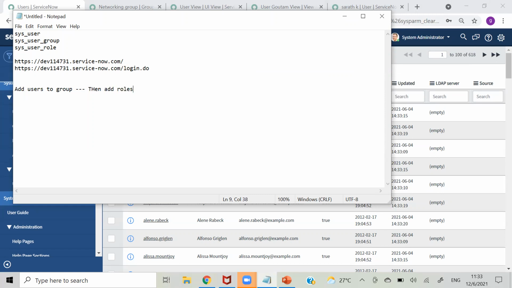So in future, if someone leaves our organization, we will remove that person from that group, so automatically that role will get removed for him. So that is the purpose. We don't provide roles to users. Instead, we will create a group, like we have created the networking group, and networking related roles we will add to that group. So when any user is added to that group, he will automatically get those roles. Okay, that is the best practice.